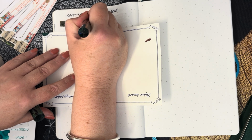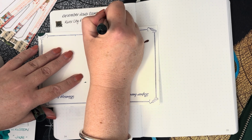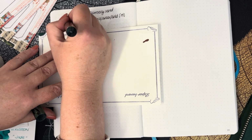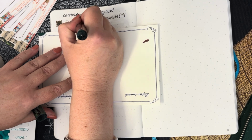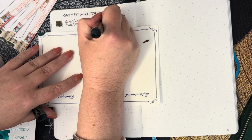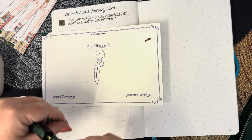So this is the River City Pen Company, black, green, gold, with a medium nib and inked with Diamine Salamander. Now this was an ink sample from my Aussie ink swap,